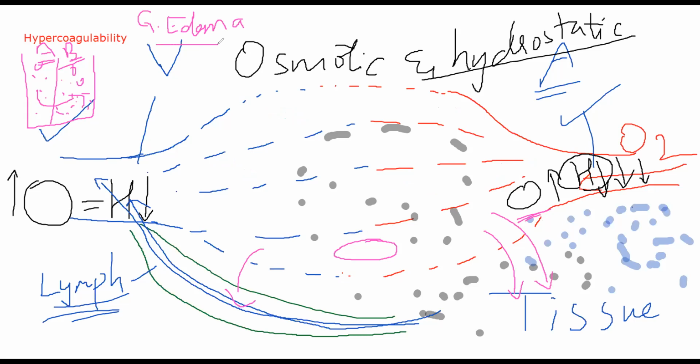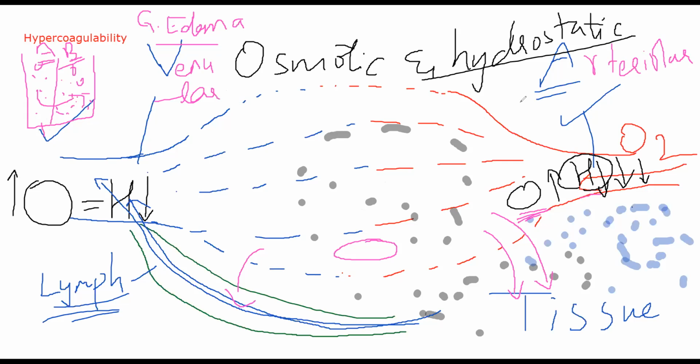I'll repeat once again. Listen carefully. Here in your blood vessel, if I take the example of a capillary, this is the arteriolar end, okay? And this is your venular end, the place where venule will basically collect the waste of your tissues, and arteriole is where oxygen and nutrients are being supplied to your tissues. Now you have two pressures that are maintaining the fluid balance at the level of your capillary. Those are osmotic pressure and hydrostatic pressure. It is present all over your body.